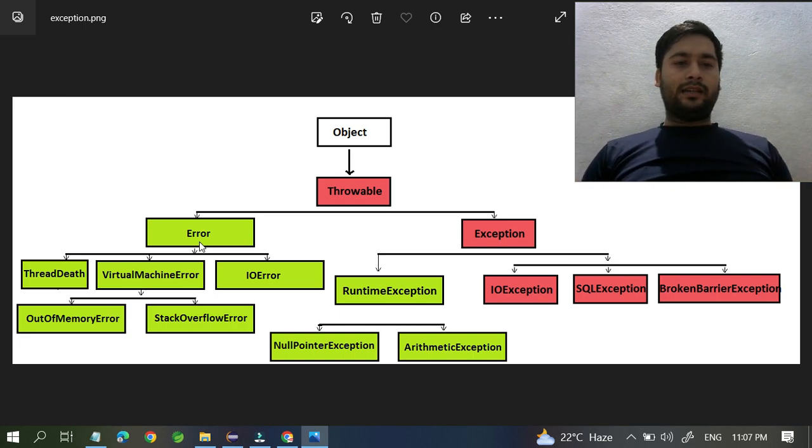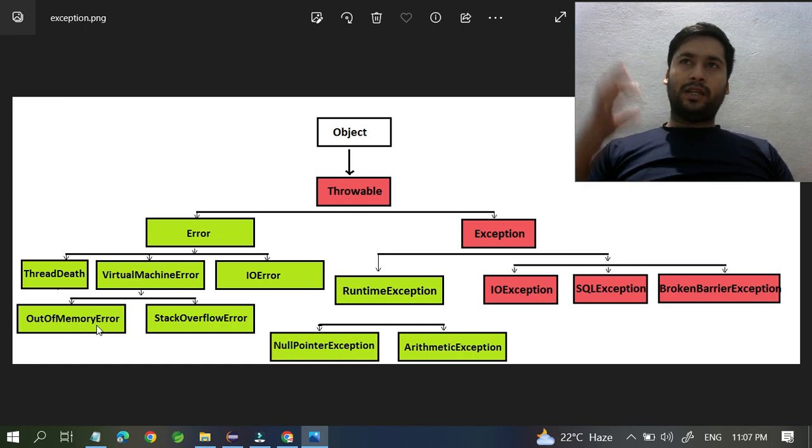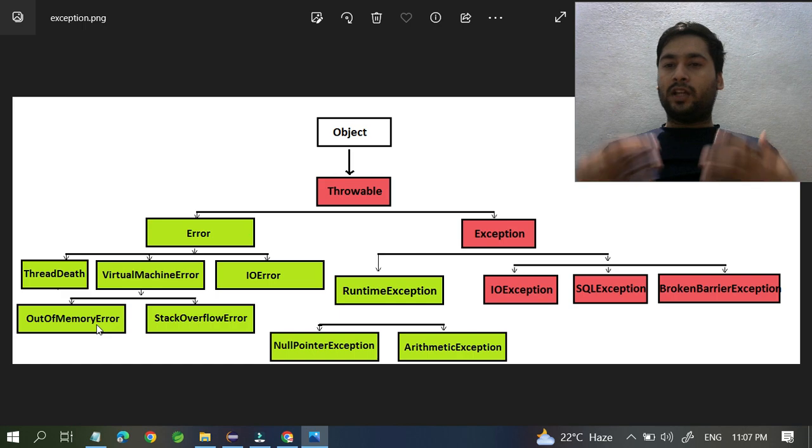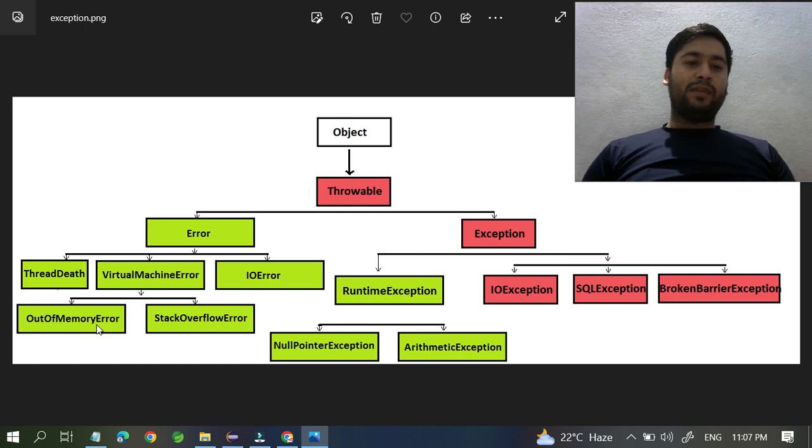Errors are like IO error, virtual machine error, stack overflow error, out of memory error. For example, you run a program which runs in an infinite loop and keeps consuming lots of memory, then a stack overflow error will come, a memory out of bound error.